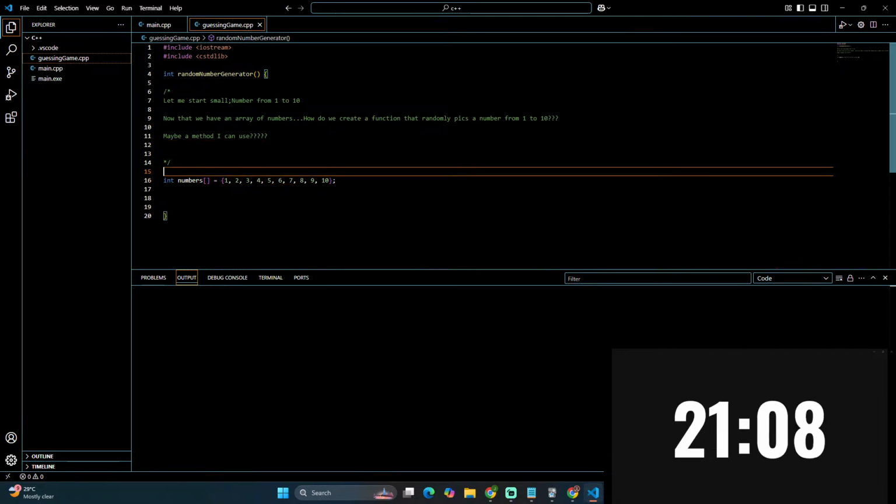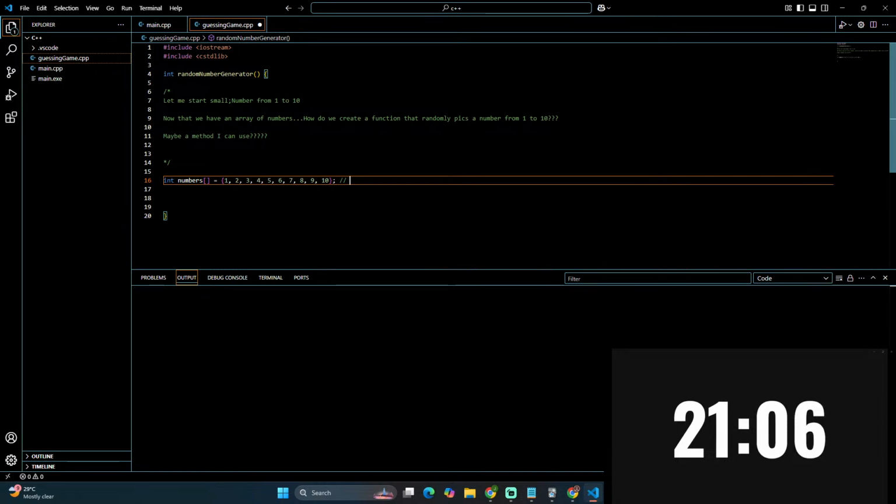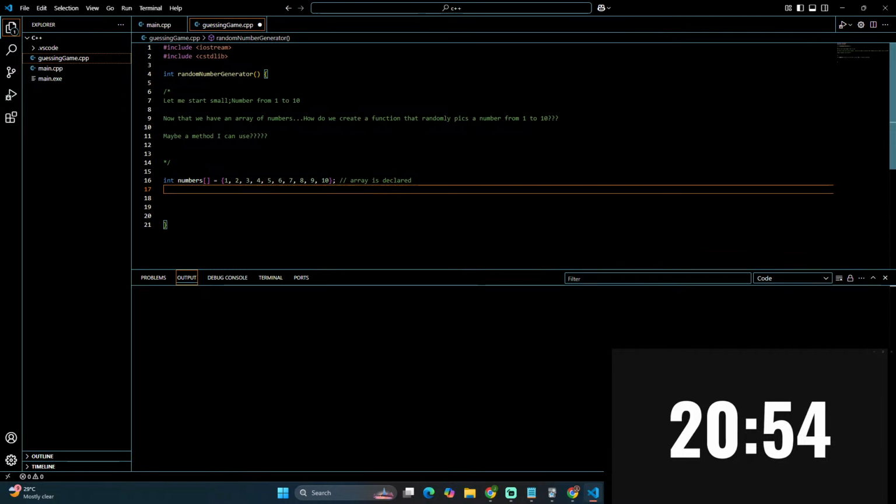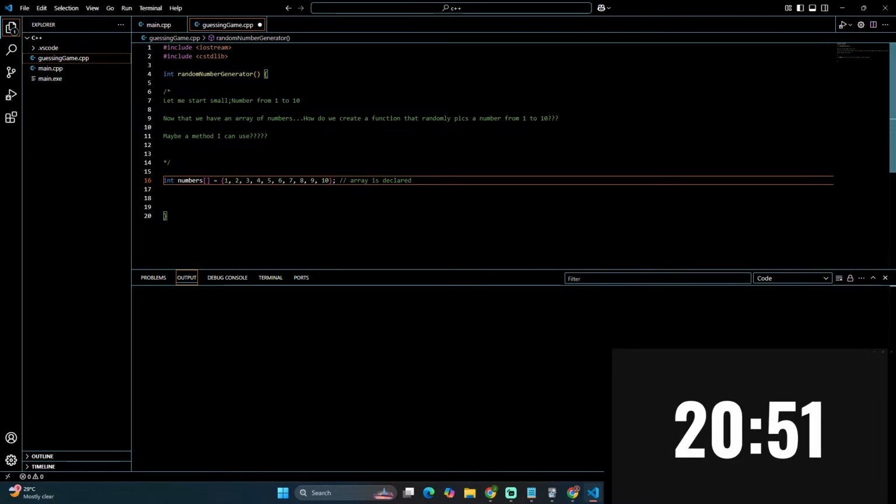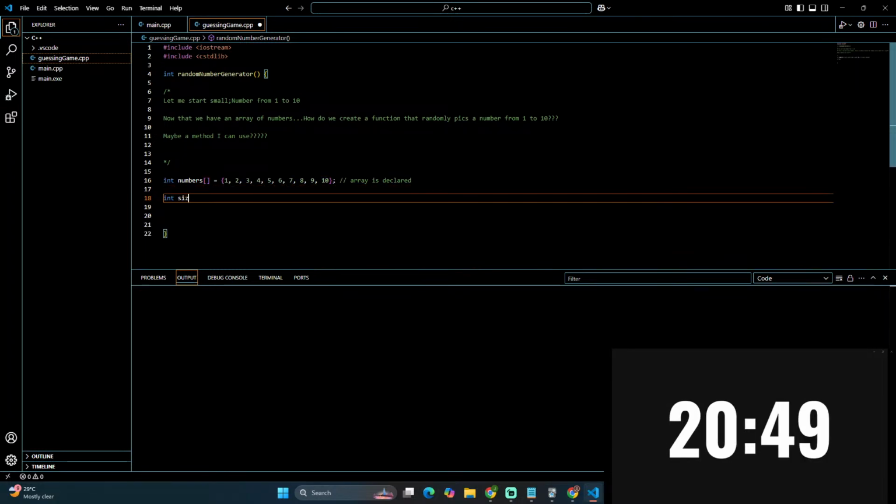Okay, we declared our array. So let me just comment on this so I understand it better. So the array is declared. Okay. Then next we need the size. Our compiler needs to know the size of the array. So int size is equal to, so we will use a formula. So sizeof,